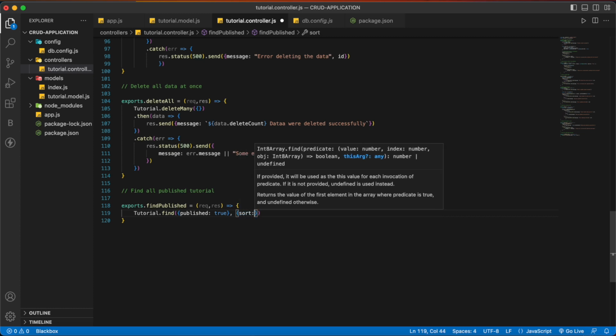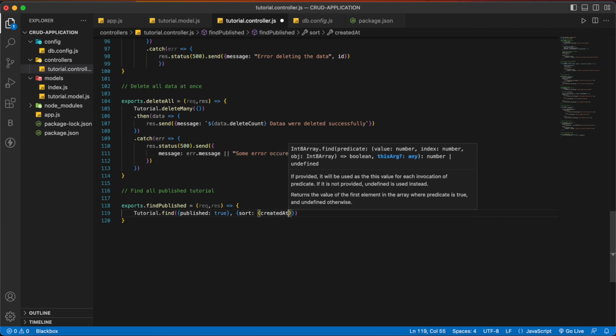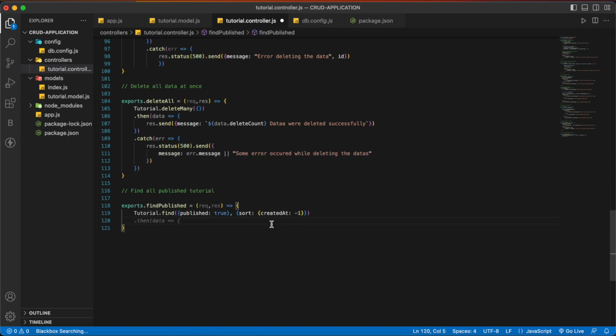sort createdAt -1. So what it does, it gives the data in the reverse order. So in this way you will get the latest data on your display. And after that .then, and inside these curly braces we are going to write res.send data, and outside this we are going to catch error